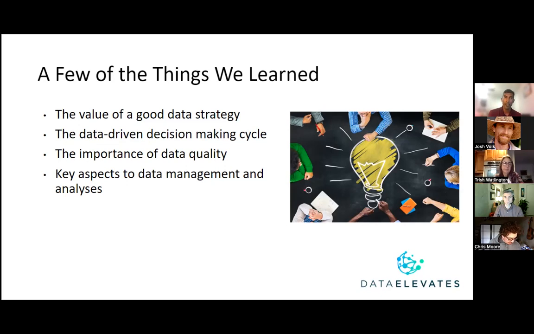So that piece of it. And then, yeah, key aspects of data management and analysis. On the data management side, keeping things in one place is the ideal scenario on almost every front. And then also having an organization, like a file structure. However it is, wherever it is, having some level of structure so you can at least readily access your